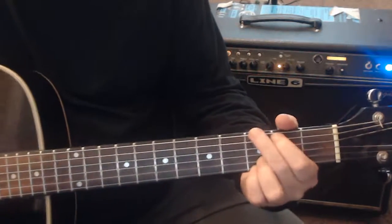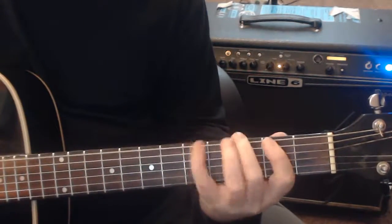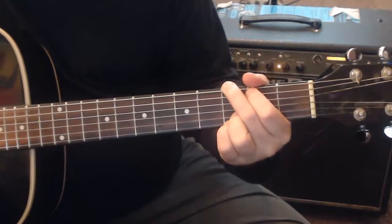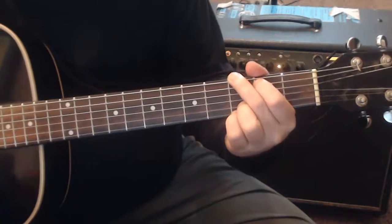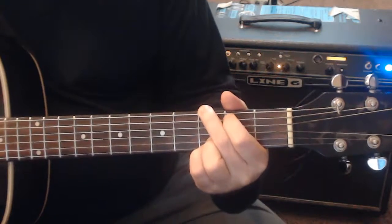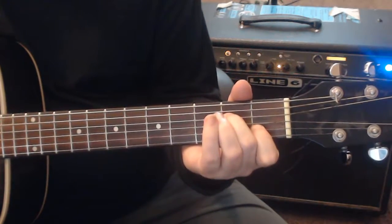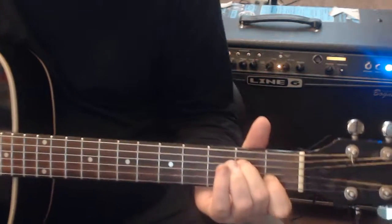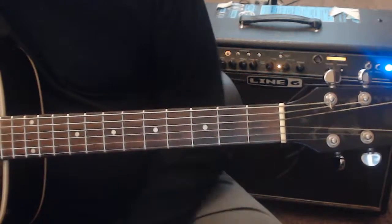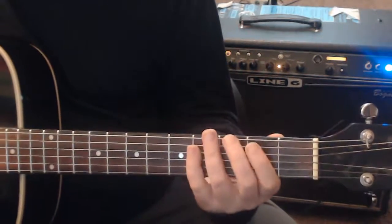But I could start on the G and show you A, G, this way. If you start on G, this is the way that these chords relate, in other words, from major to minor. So for example, if we start on G major, the next chord up is a full step interval, and it's a minor, so it's A minor. The next chord up, and in this key, all these actually make sense because it goes major. It's sort of a quick theory thing of how to walk up the major scale